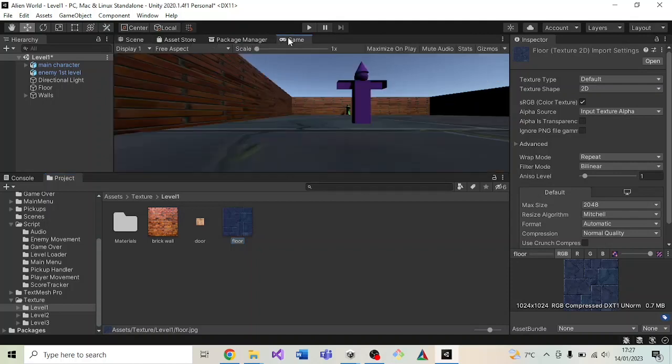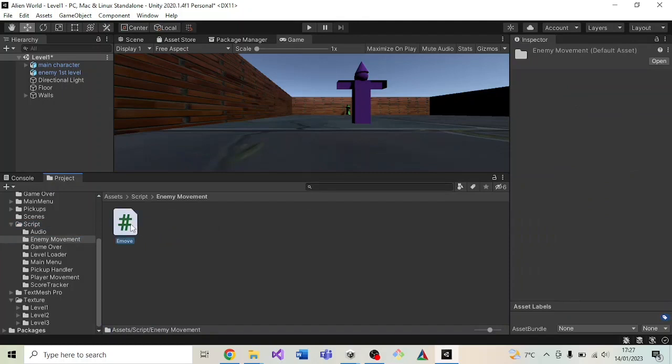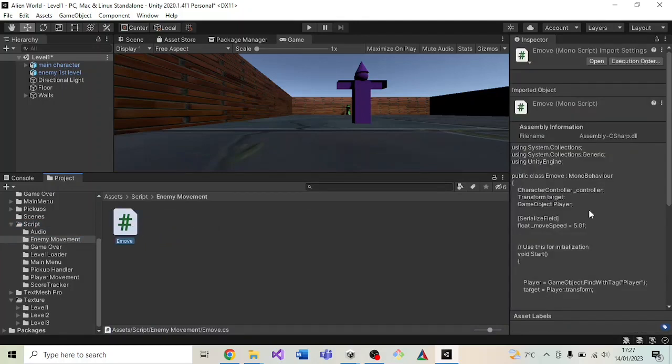So that's what it looks like in game view. If we go to scripts, I'll show you the enemy script. So this is the enemy movement script. I called it eMove so that I knew what it was supposed to do. The enemy has a character controller, so I've